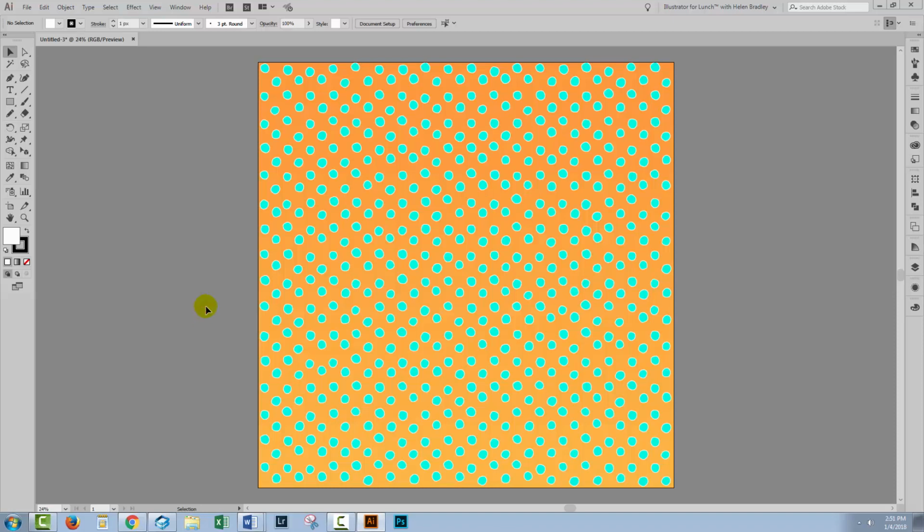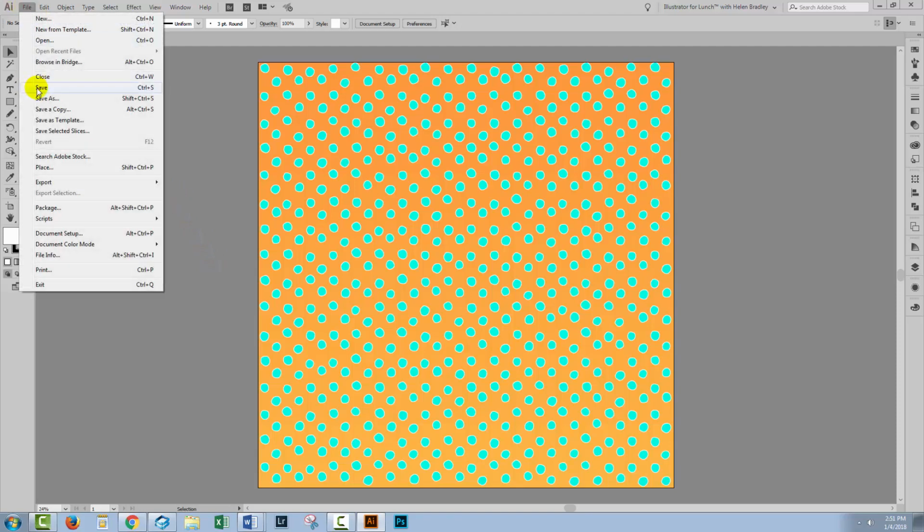Once you've gone ahead and created whatever design it is that you're making in Illustrator, it's time to save it. Now, if you particularly like this scrapbook paper, don't worry. I'm going to show you in an upcoming lesson exactly how to make it. But assuming that you've gone ahead and done some work in Illustrator and you're ready to save your file, you'll